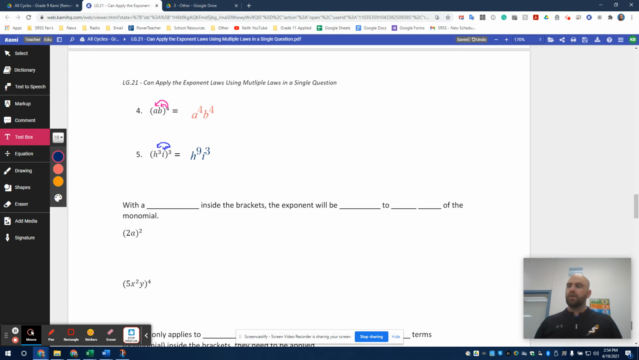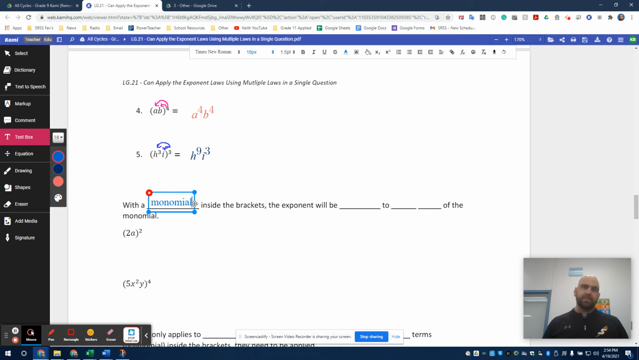Okay. So that's how we bring that inside those brackets, and we can just use it with our variables as well. Now, with a monomial inside the brackets, the exponent, and this is kind of what we started going through here,